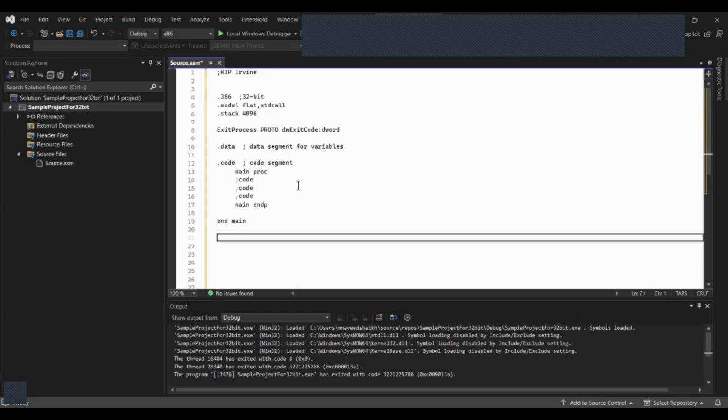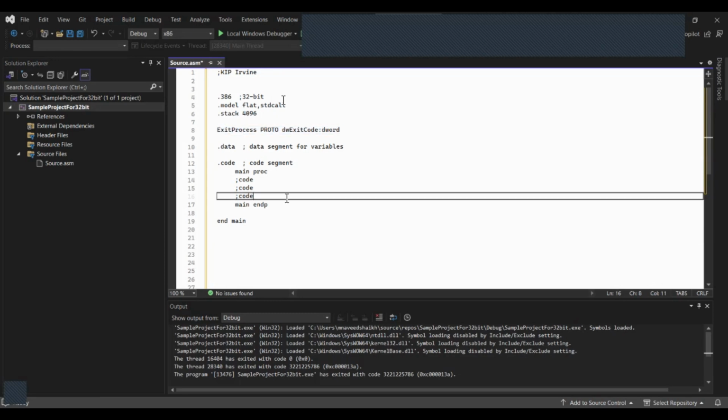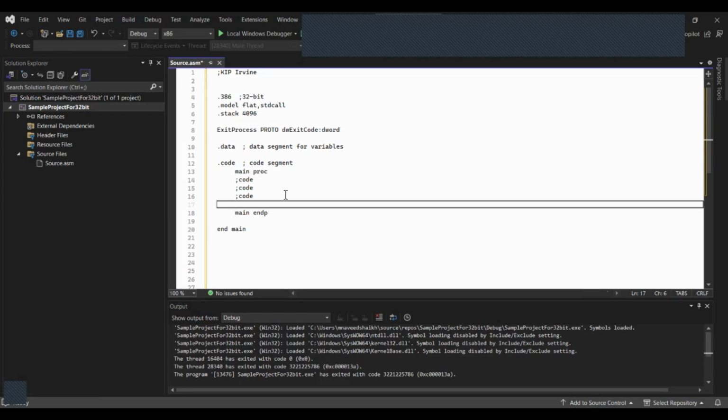The last thing that I also want to include, which is part of the sample project: if you remember, we were defining this prototype ExitProcess. You have to mention it in the main code. The very last line of the main procedure should be this: invoke. Invoke is a directive for the Microsoft assembler. It invokes the process or prototype. Which prototype? ExitProcess, which we defined earlier, comma 0. It is its